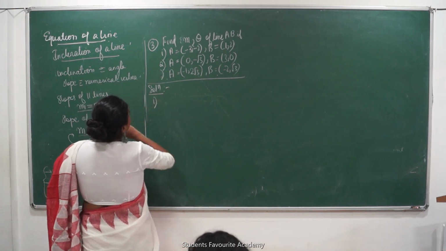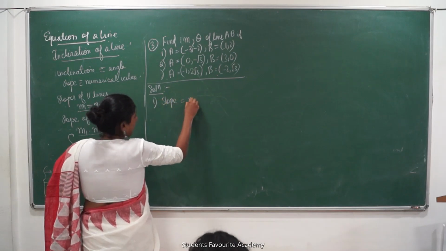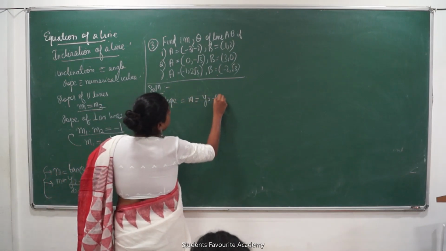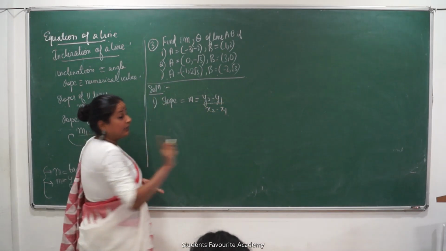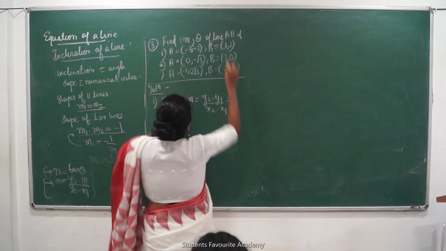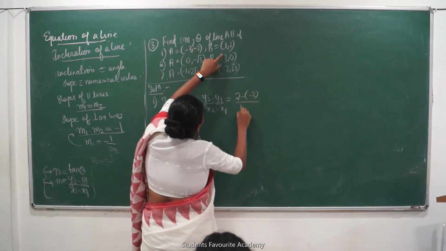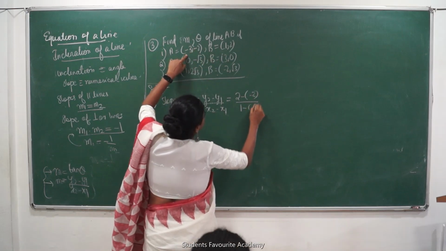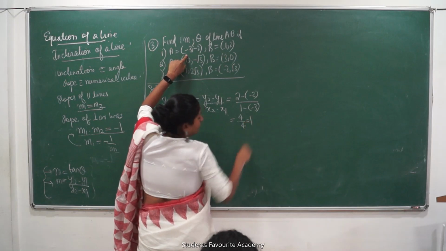So for the first equation, can I say slope is equal to M is equal to, ये y2 minus y1 upon x2 minus x1 लिखना पड़ेगा, उसके बाद substitution, ये तो marks नहीं मिलेगा. Is equal to y2 is how much? 2 minus -2 upon x2 is by how much? 1 minus -3. That is equal to 4 upon 4. That is equal to 1.